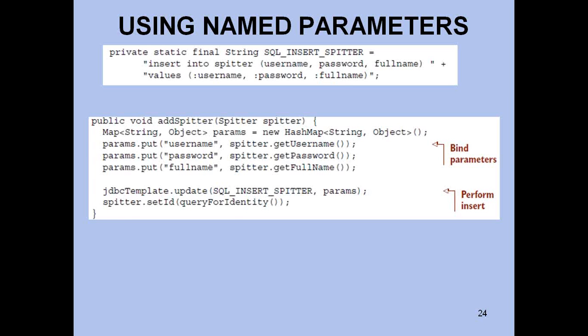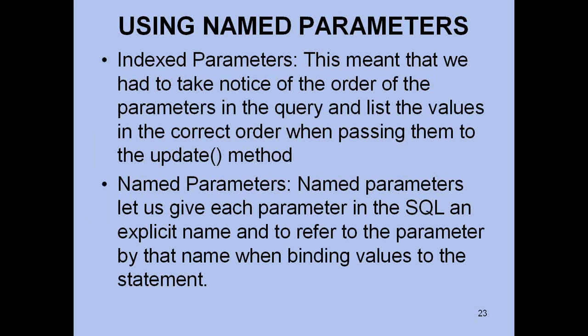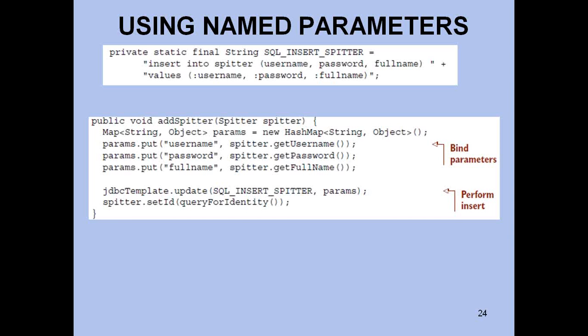That's very convenient. Very little chance of any issues with the named parameter index. So basically the name after the colon is a reference. Instead of a question mark, it's no more an index. That's the reference you'll use here to set the value for that. And these three can be in any order, and the setting of the values can be in any order. No more worry about what is 1, what is 2, and what is 3.